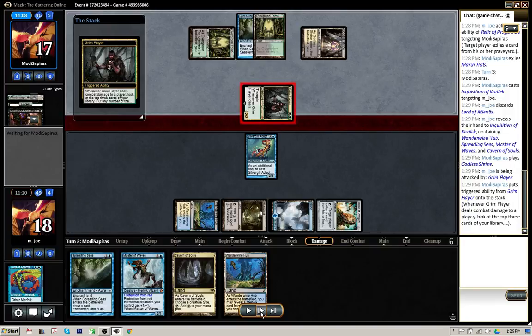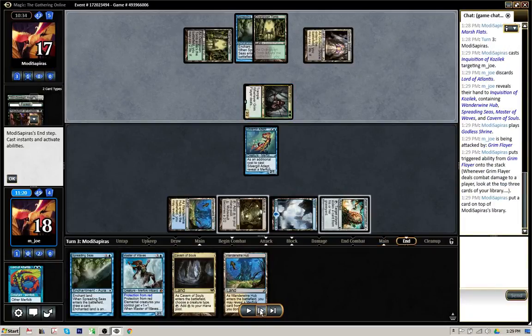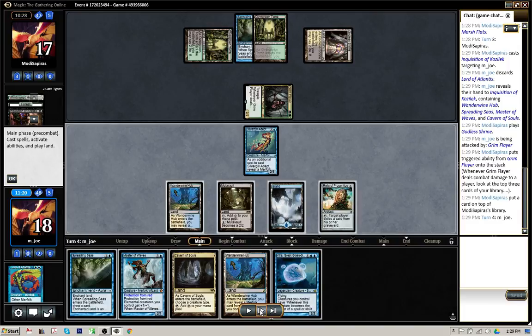Puts a Windswept Heath and then a Forest from among the top 3 into the graveyard. So the opponent does know about that ability. Passes to me. We drew a Kira. Now, normally, I would just run the Kira out. But with Relic on the board, Spreading Seas in hand,